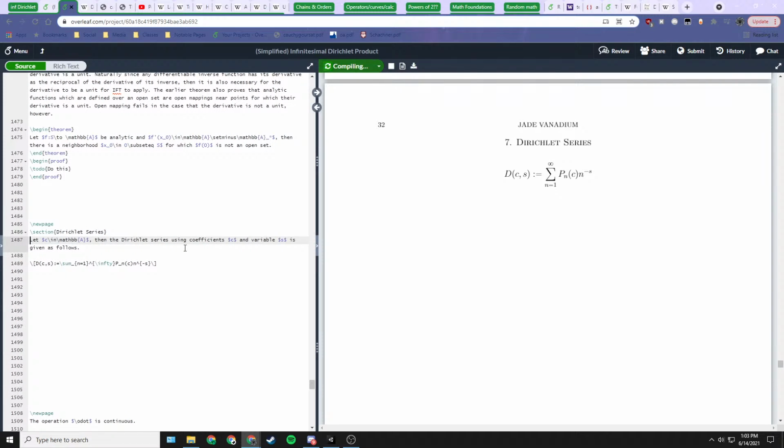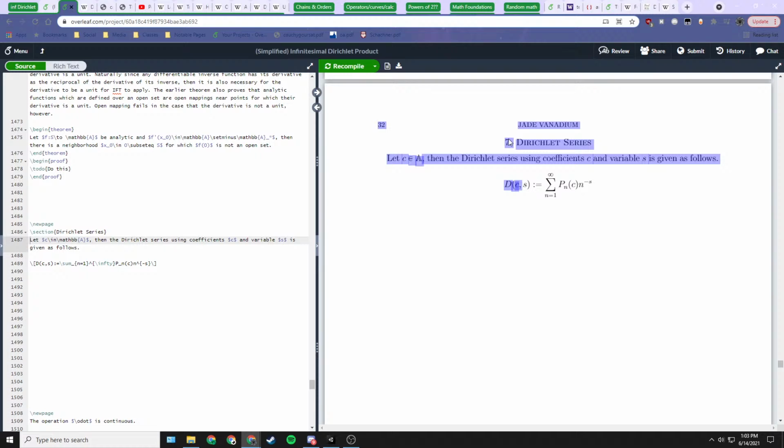I'll have to fix up this. It is a very short intro, but essentially we're just going to be working with this sort of function. So the thing that we're generating from is this c, and we end up with this function as a function of s. So the way that this is similar to a power series is that we can actually rewrite this